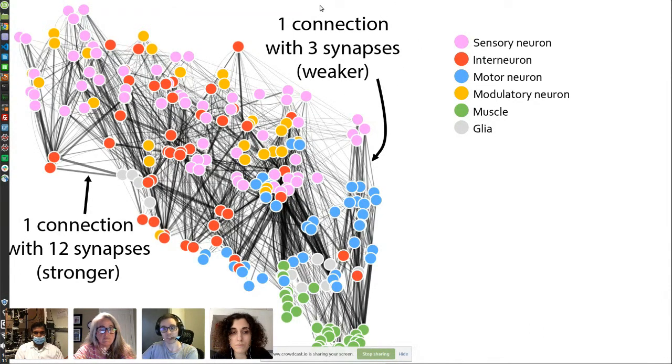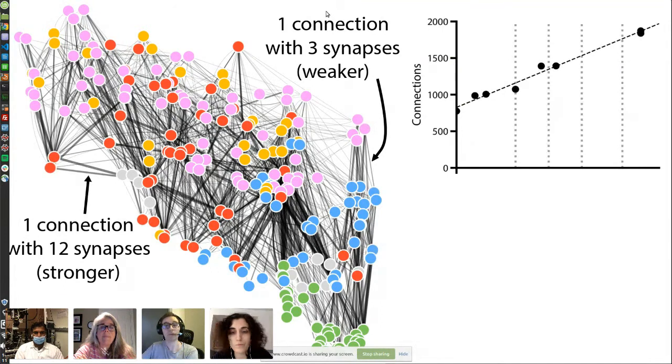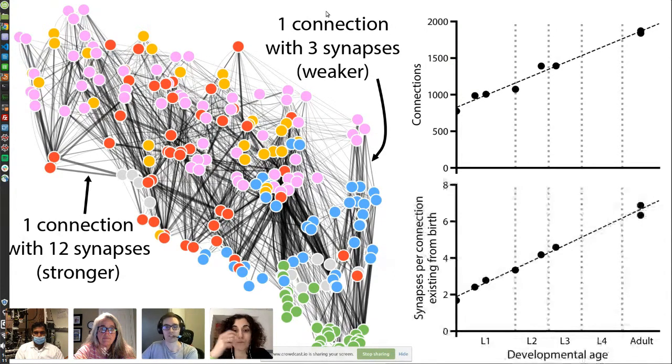So the addition of synapses during maturation creates many new connections, meaning that synapses are added between cells that were not connected before. And the addition of synapses also strengthens existing connections, meaning that the number of synapses per connection increases. So we asked whether this large increase in new connections and the strengthening of existing connections happened uniformly throughout the brain. And I'll show you that we found in at least 3 different contexts that connectivity changes throughout the brain